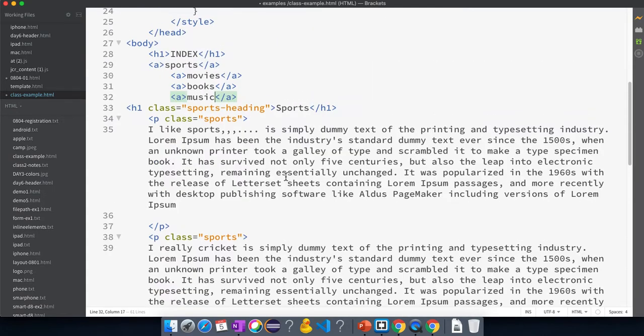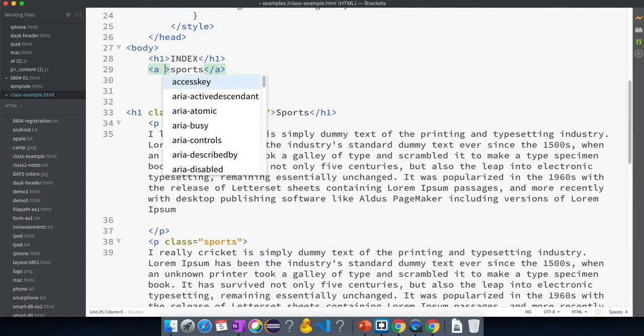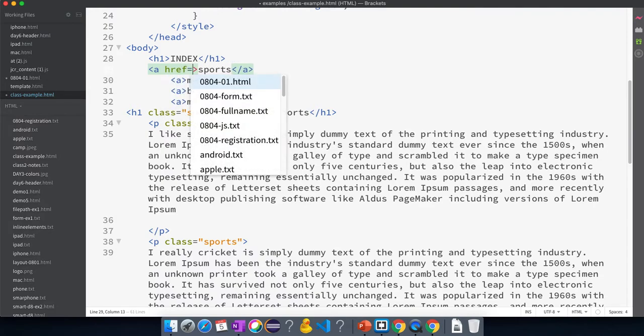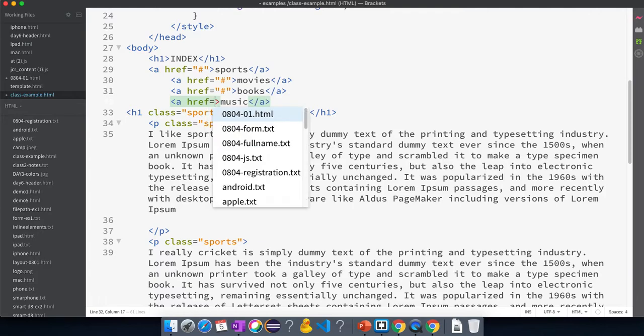Now after saving this, I'll apply href equal to hash for each of them.